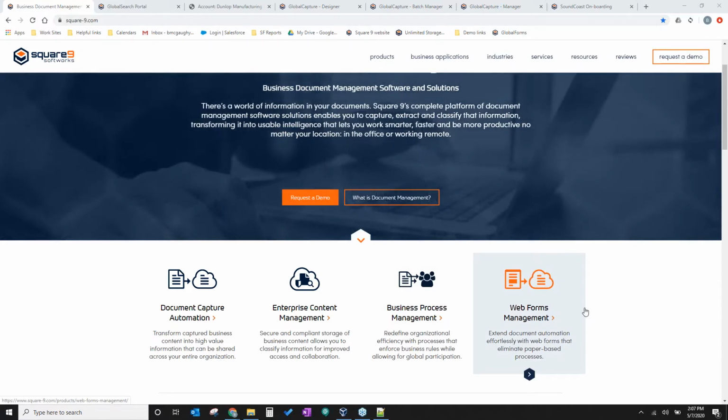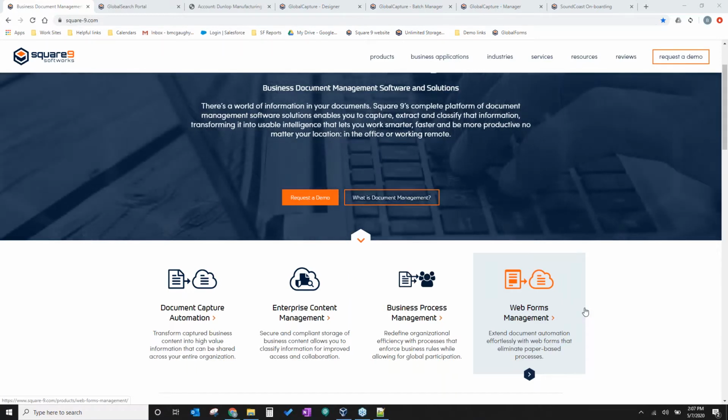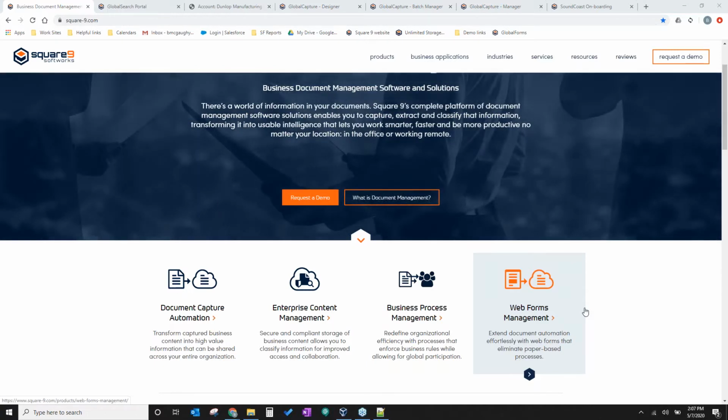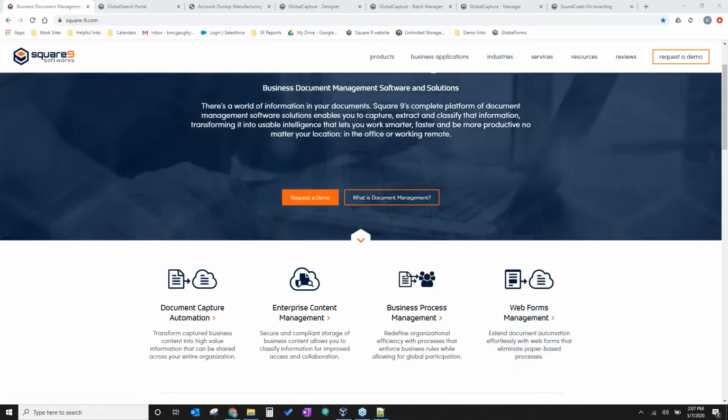So Global Forms is a product that we offer. It's an electronic form that can be accessed from a web browser. You can publish these on your website. You can have anyone access this form and fill it out. And it's another way of capturing that data. A lot of times we talk about redundancy, where we're having to enter the same information over and over and over again. Well, with web forms management, we can relieve some of that stress and that pain of those redundant entries. So without further ado, let's jump into the software and take a look at what we just uncovered with these four categories.